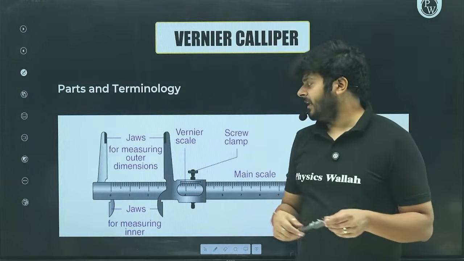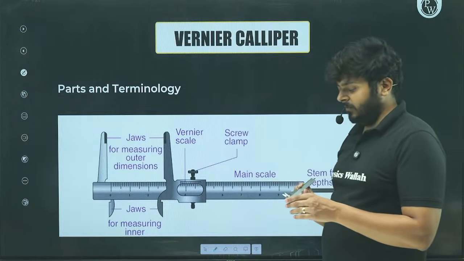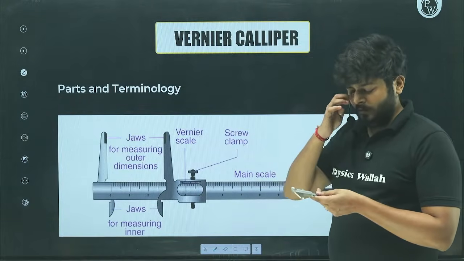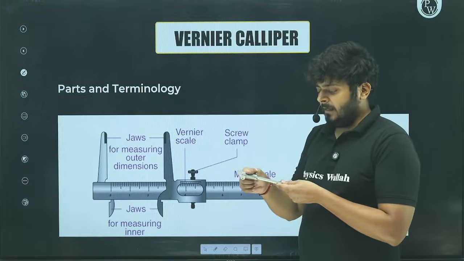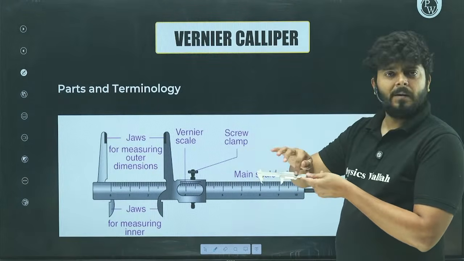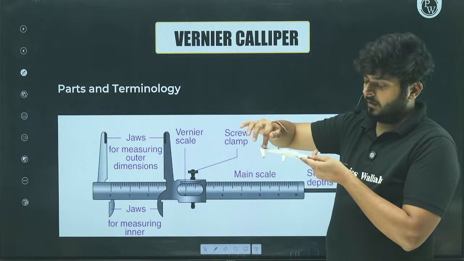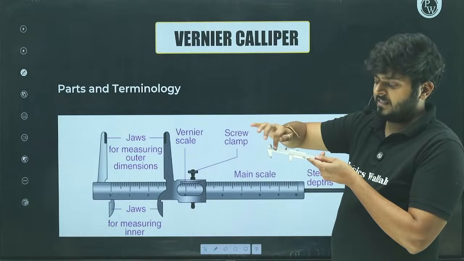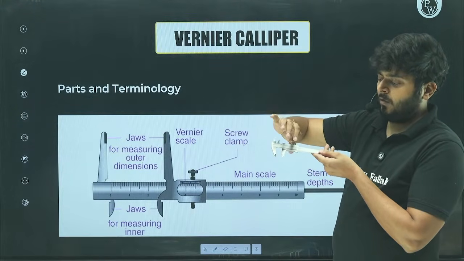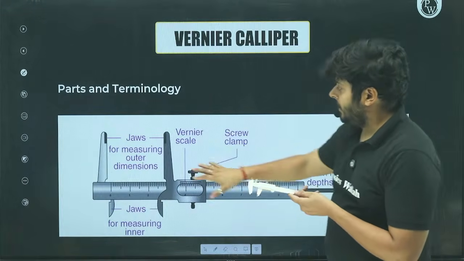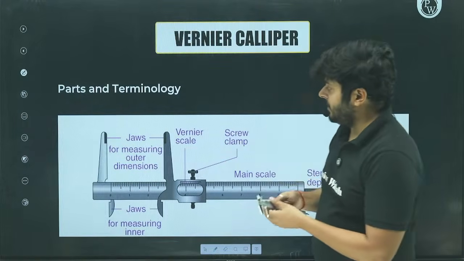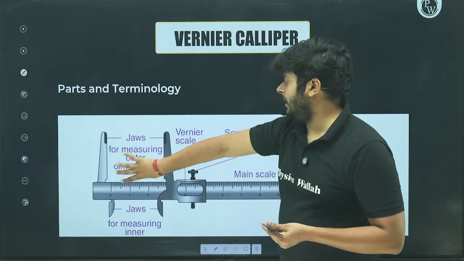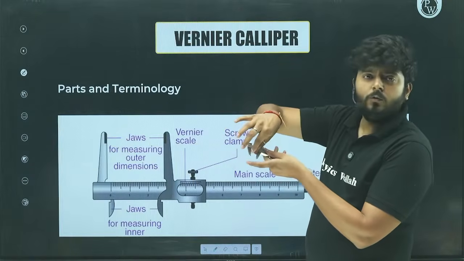In a Vernier scale, how many measurements can you have? In a Vernier scale, you can have two different parts, right? The first part is the main scale. The main scale is a simple part like this. There are small markings on it, and on top of the main scale, you have another sliding scale called the Vernier scale. Now, you see that there are two kinds of jaws on it. So the first set of jaws is going to use the outer